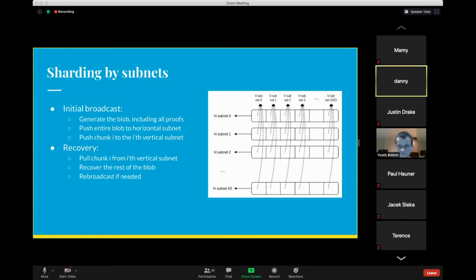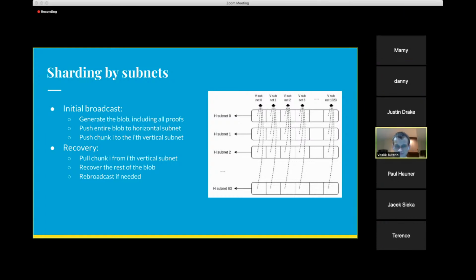On the recovery, that's primarily a failure mode, right? It didn't quite fail, but it almost failed, and now I need to recover, and usually wouldn't have to happen? Yes, correct. The recovery is only required when there is a dishonest proposer, or it might occasionally be required if there's some network hiccup, and let's say the chunks get broadcasted onto every vertical subnet except for one, and then the attesters, the clients looking for that one last sample, are going to be spinning their wheels, and they have to actually get that data back,